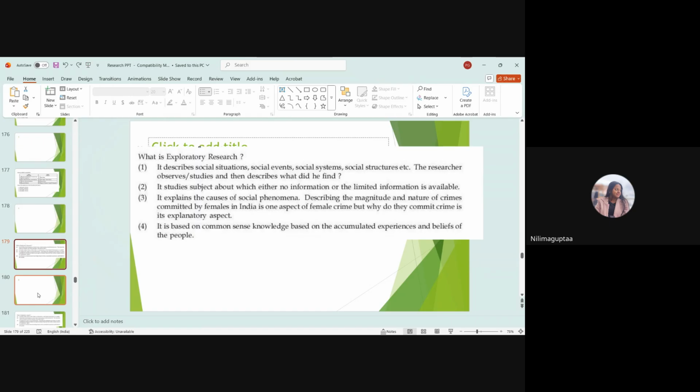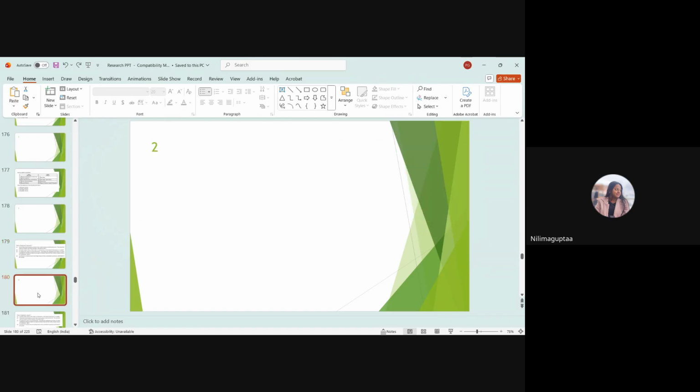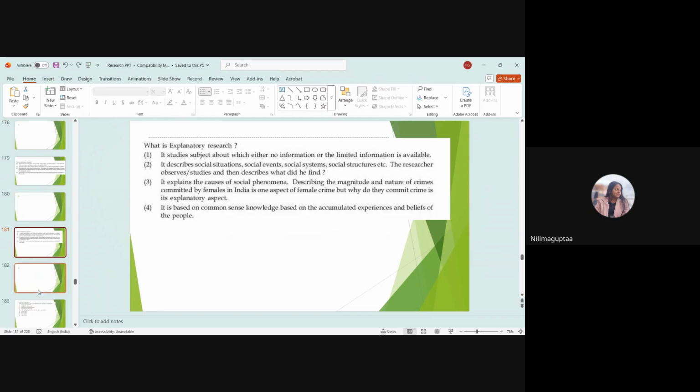Then going forward, another question: what is explanatory research? Both of these questions were asked in 2025 itself, on different dates and different shifts. Is explanatory research a